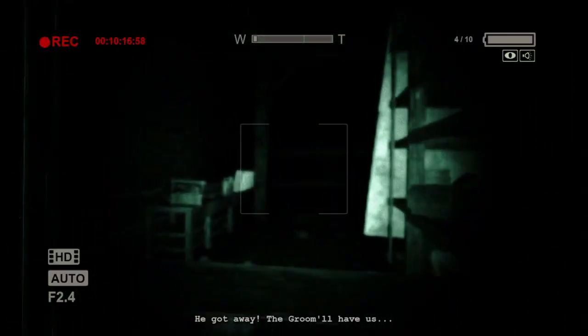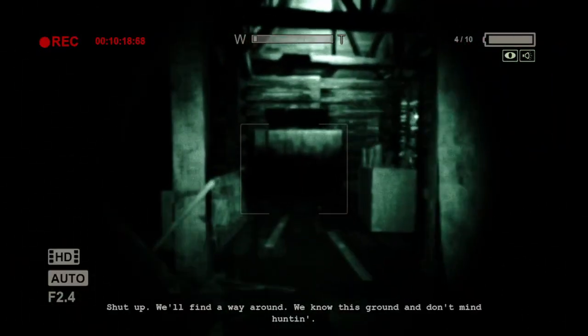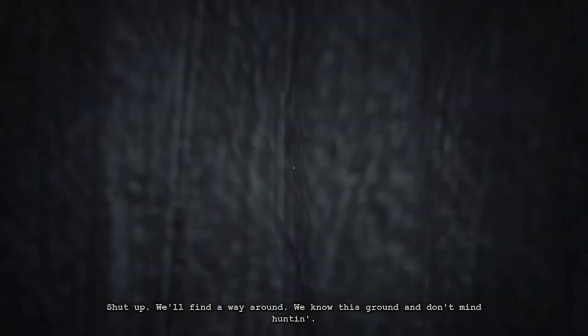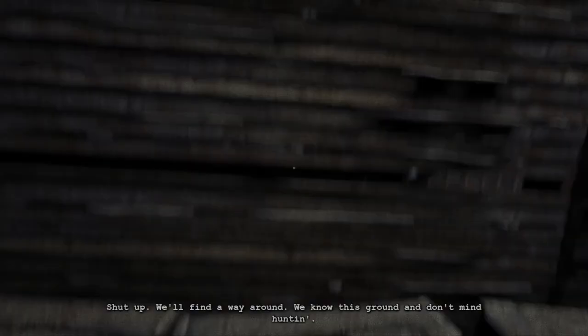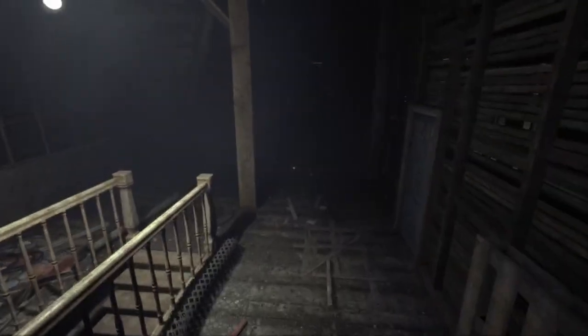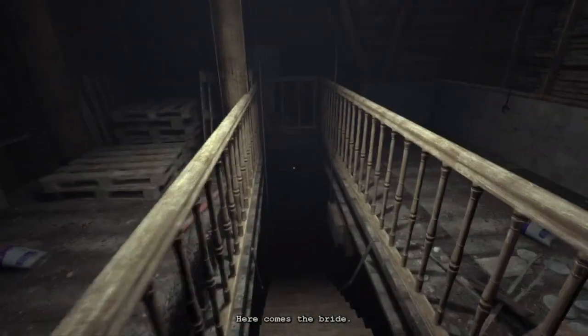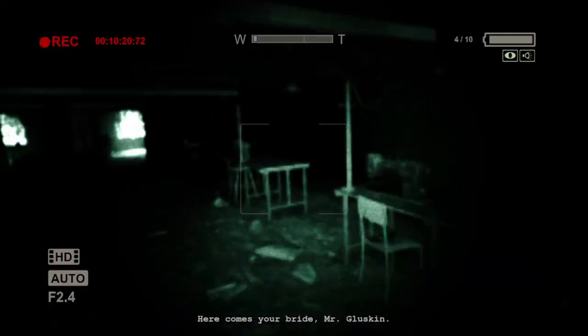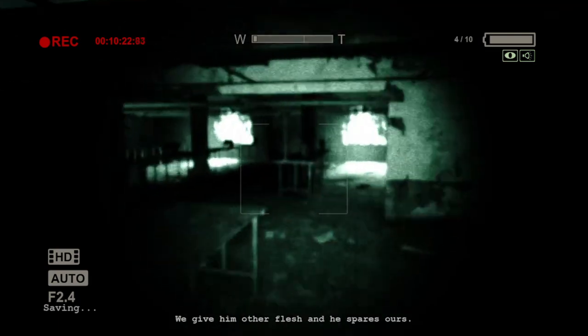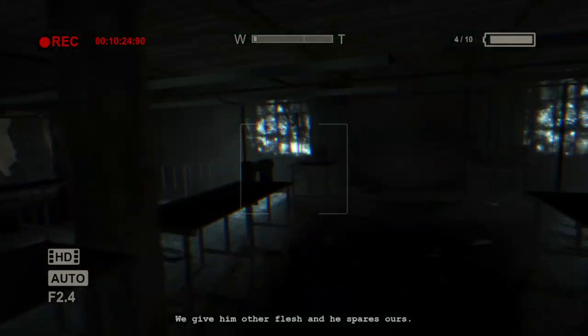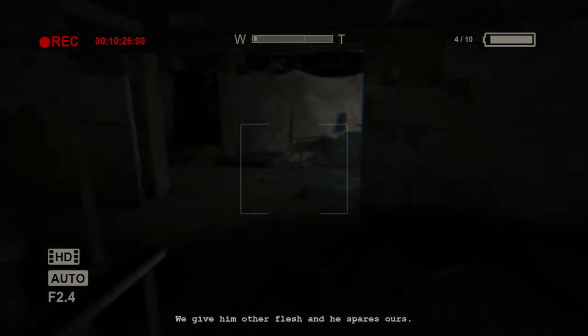This part is also cool because we've never really been to this part of the asylum in the first part of the game, like in Outlast. This is the DLC. And so it's just a nice change of scenery. New colors are used. It's blue. The tones are just different. And we make our way to the workshop where we're going to run into someone we're going to hate to see.